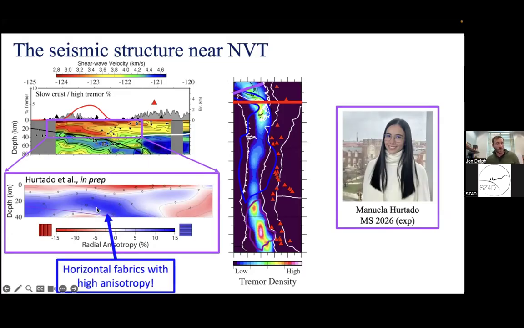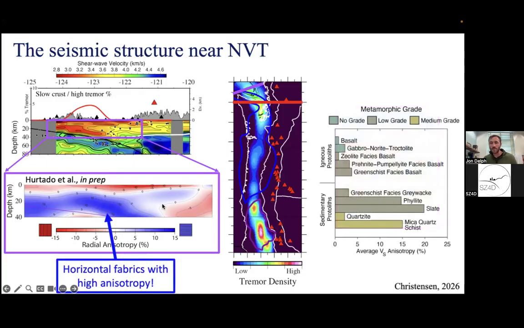Now we can take the magnitude of this anisotropy and compare it with what we might expect in a subduction system, kind of our basaltic rocks and sedimentary protoliths, variably metamorphosed. And what we see is really the only rocks that are consistent with this level of anisotropy are likely our metasedimentary rocks. We're likely at greenschist facies, so that kind of puts us in this quartz mica schist range. So we think that this lower crustal, low velocity zone likely represents sedimentary material at depth consistent with those reflection